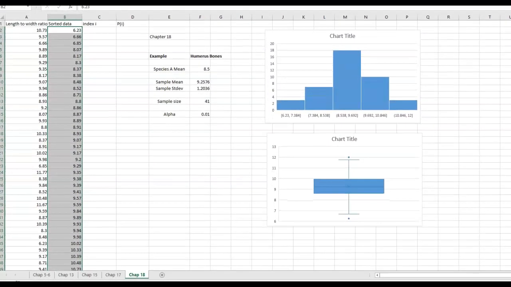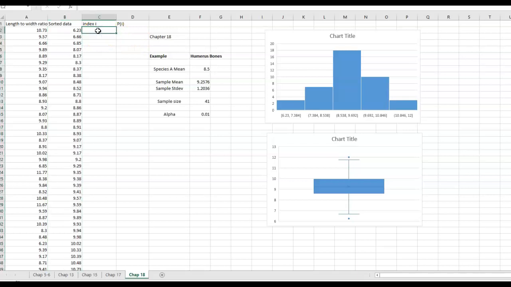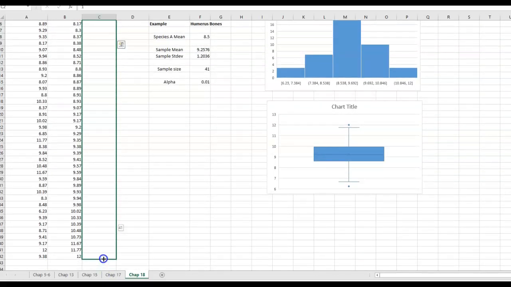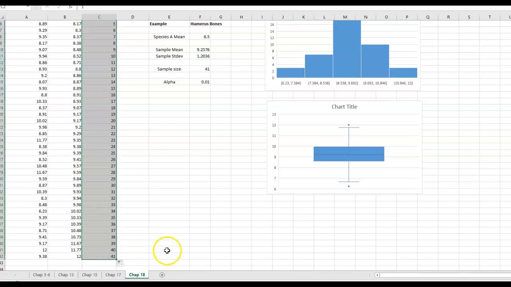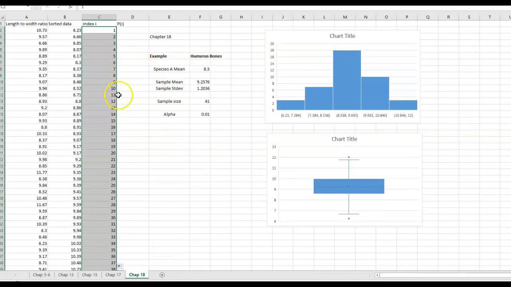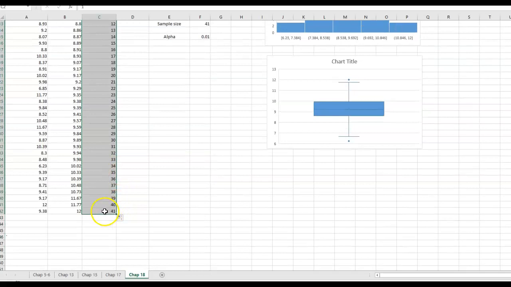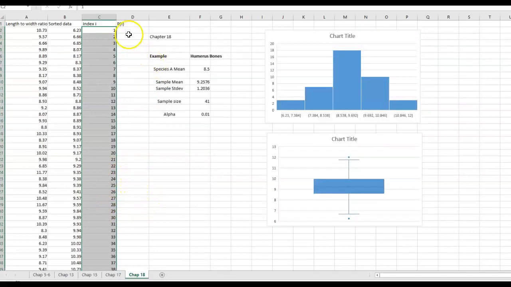And then we continue with this index I. So I will count 1, 2, 3, 4 until the sample size of n. So we only need to insert 2 values, so that's the trends. So once you select these 2, just drag this corner all the way down here. So you can see this is the value 1, 2, 3 until the sample size 41, and then we calculate